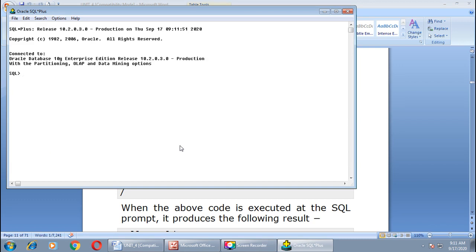As I told you in yesterday's lecture, to set one environment variable, if you remember, that is set serveroutput on. We must switch this environment variable to the on position. Then only we will be able to see the output on our screen.